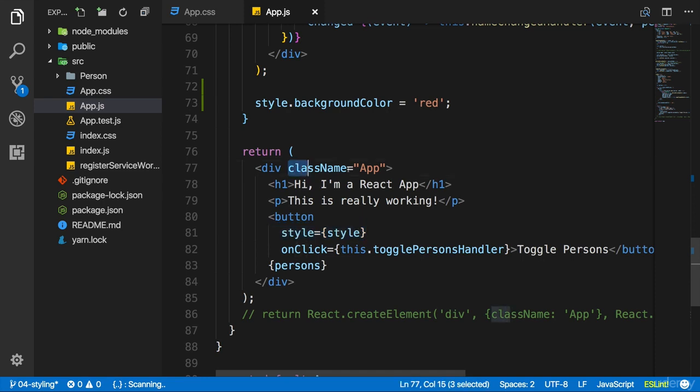This is a crucial takeaway, and this shows you how you can dynamically assign styles. Now, what about class names though? Can we also set these dynamically? Can we pass a list of class names? Yes, we can, and I will show you how it works in the next lecture.